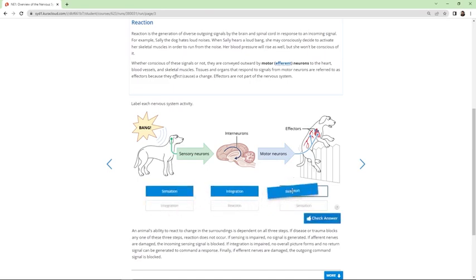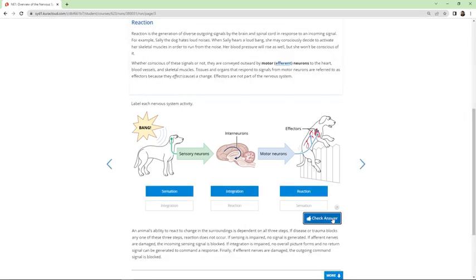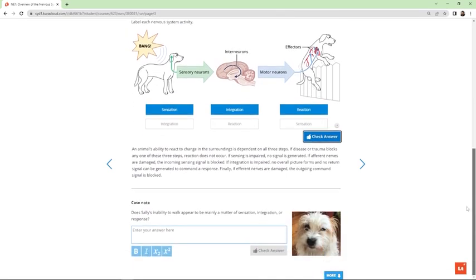Many of these questions are illustration-based, like this one, which also helps students visualise the concept. Presenting information in multiple modalities is a strategy known as dual coding, and research suggests it helps with longer-term retention of information. At the end of some lesson pages, students are asked questions about Sally's case in relation to the